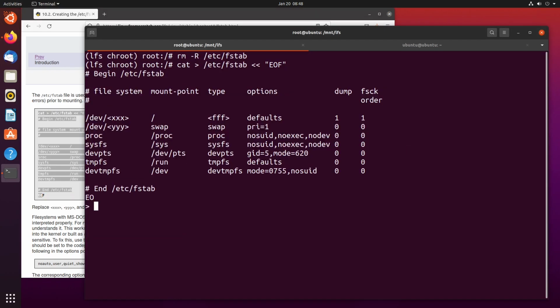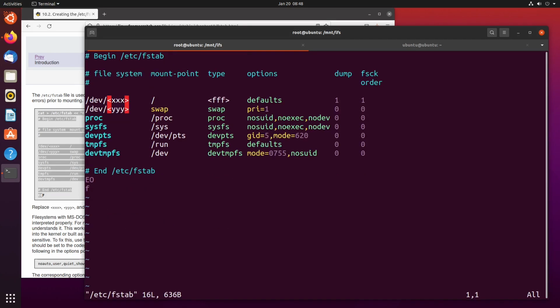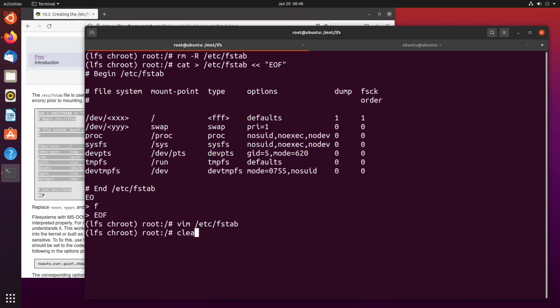create the file, and we want to do vim /etc/fstab. And what we have here is our file system table file that we will need to edit to begin with. So the first thing we need to do is Control-C, clear the screen,